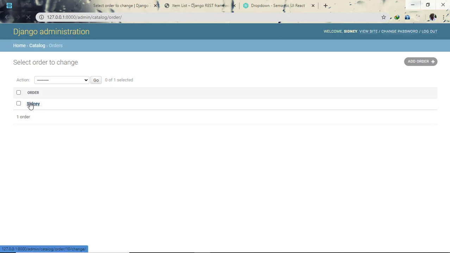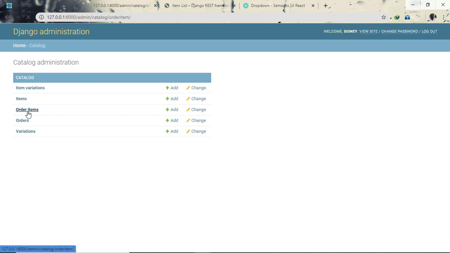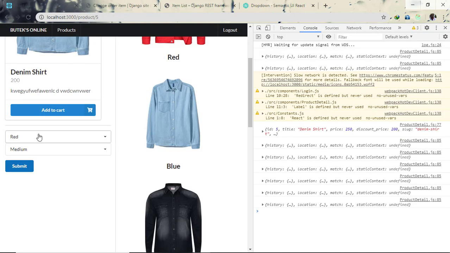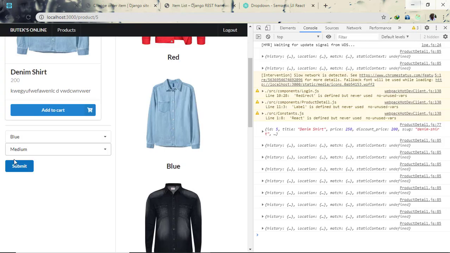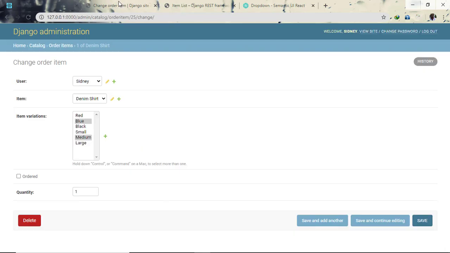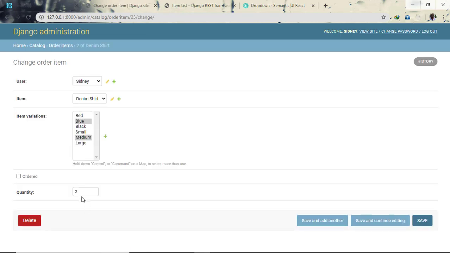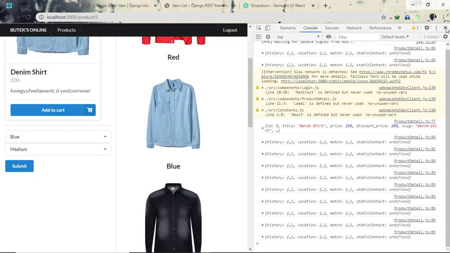So if we go to the orders, now we have two of shirts. If we go to order items, we have 2 of shirt and all of them are red and medium. If we go and add another blue medium shirt, we should see a completely different item. So order item, we have blue and medium. If we add another blue medium, then we go to the order items, now we see we have 2 blue medium shirts. So the incrementing of the quantity works,